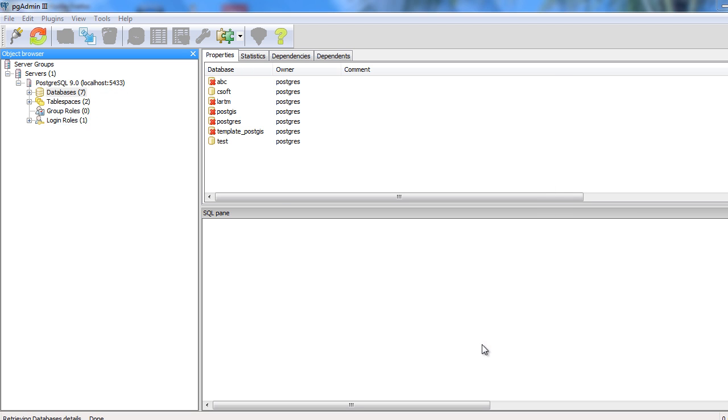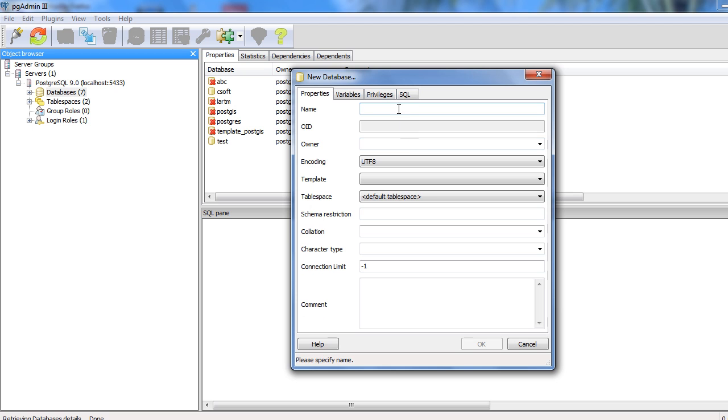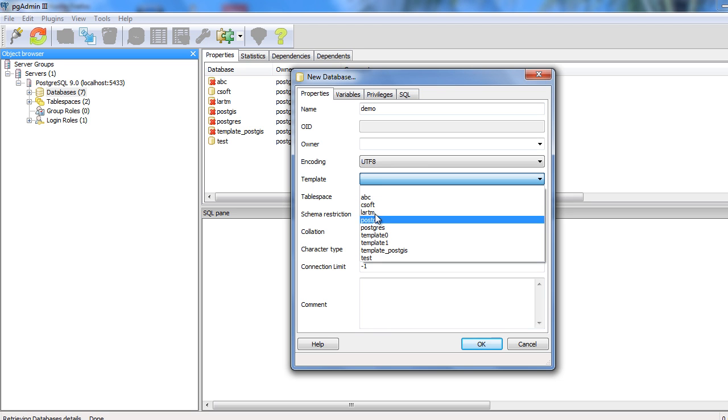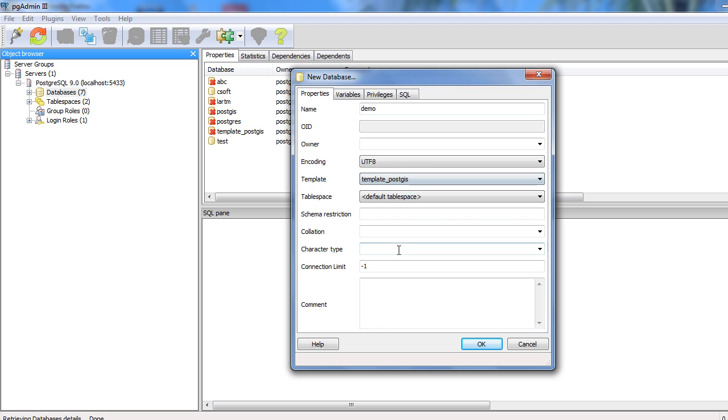For this tutorial I'm going to create a database called demo. This is a PostgreSQL database with PostGIS functions enabled. So to give these PostGIS capabilities, I need to create this database with PostGIS template.